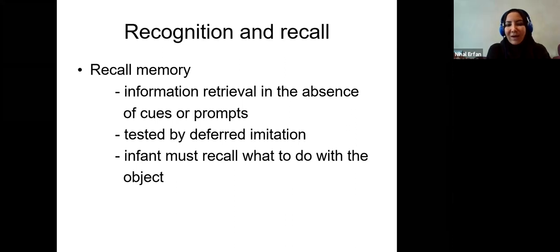And so what happens that you can say that there is a recall is when the infant actually picks up the dog from the middle of all of these toys and tries to make it drink. That means they are basing this on something they have learned, because if you present it for the first time, they don't know, right? They don't know that this will drink out of that. It's not something that they know.